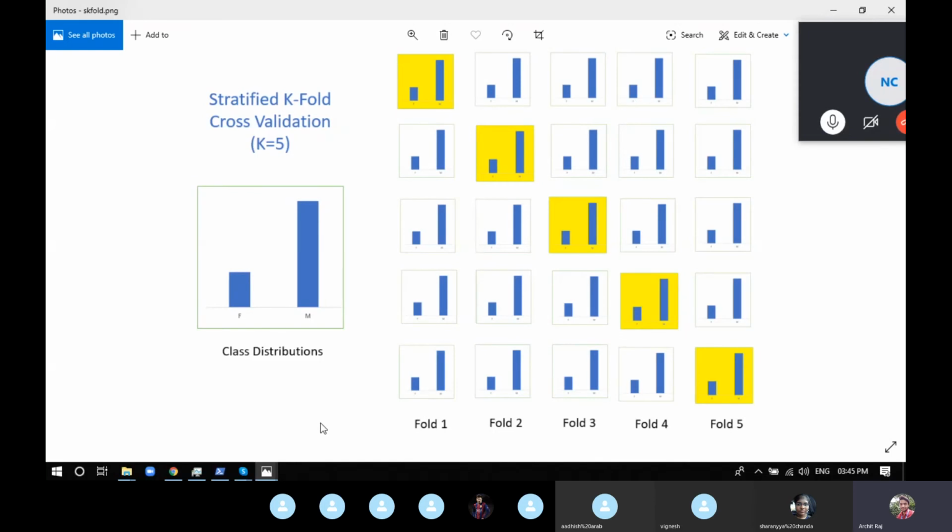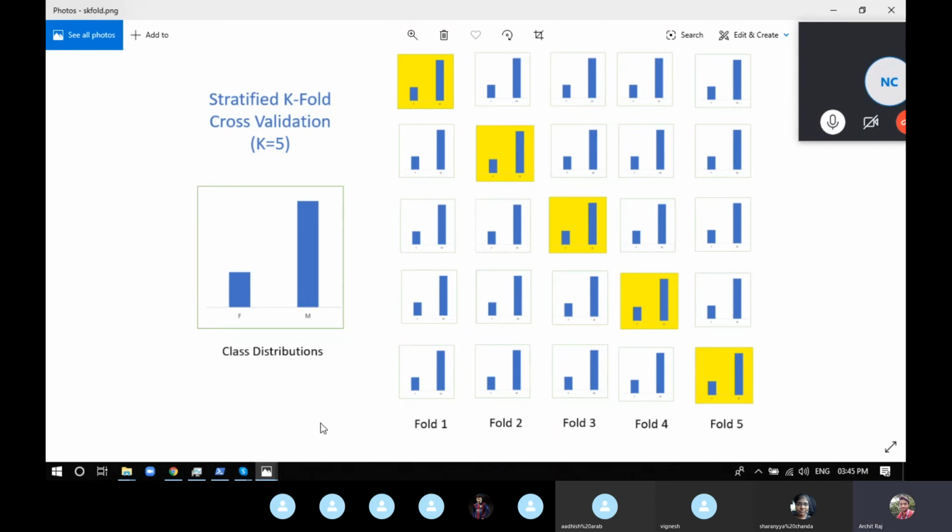We have three types of cross validation: leave one out, k-fold, and stratified k-fold. Leave one out means leaving out each and every single data point and training on the rest. It is theoretically the best one, but really computationally heavy.